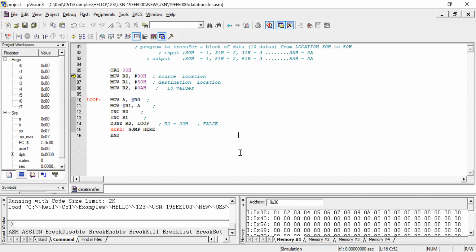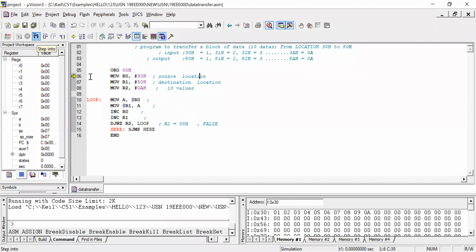After execution, you will see these data 1, 2, 3, 4, 5, 6 should be transferred to another location, where the location is 50H. Okay. Now I'm going to execute my program. Before that, I'll tell you there are icons here: step in, step over and all.